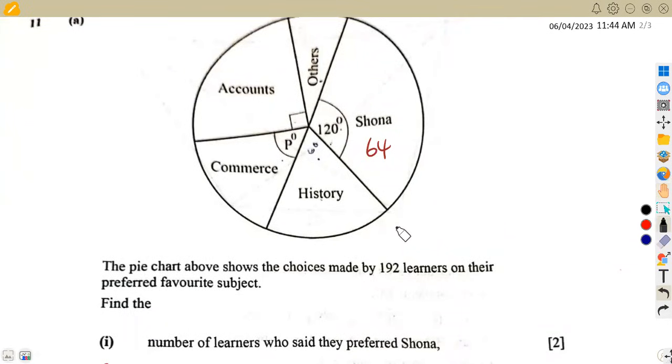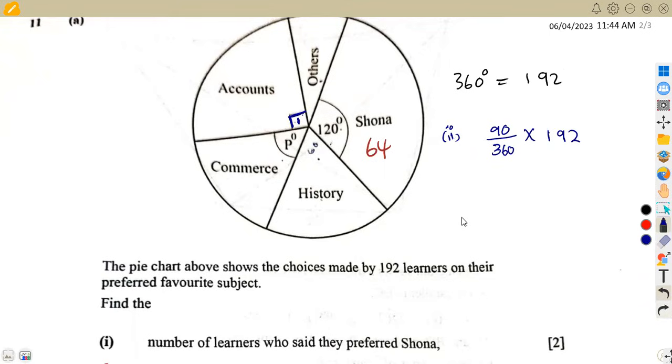192 learners, they correspond with 360 degrees. So it's the same thing, 360 degrees. If it gives us 192 learners, what about the one for accounts in this case? All right. So the accounts, the angle that is corresponding here is 90 degrees. That's a right angle here. So that's 90. So it is going to be 90 out of the total 360 times the total number of learners